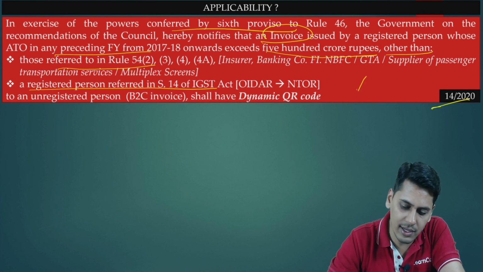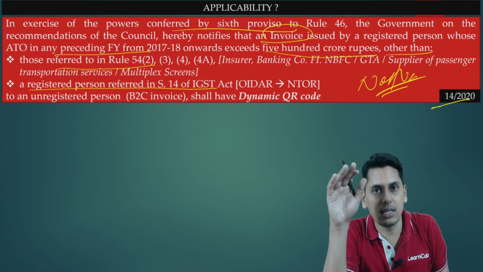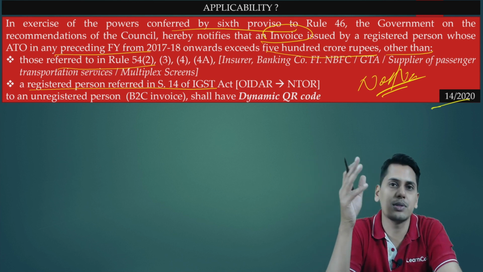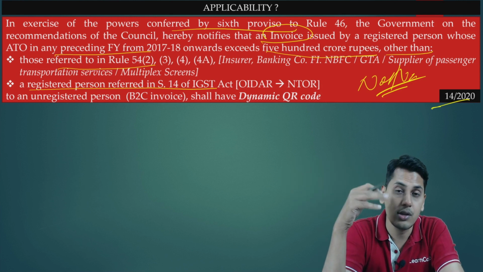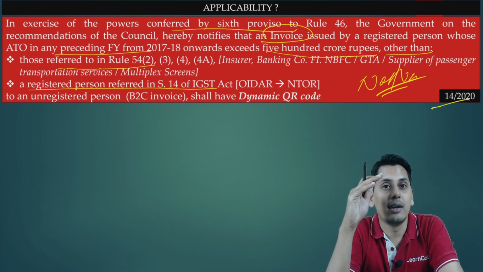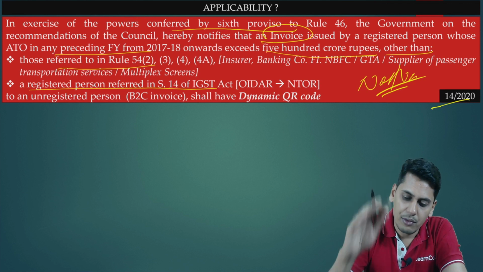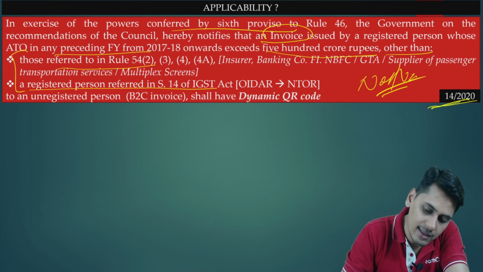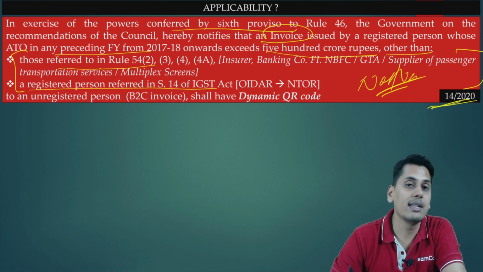The example we had seen, let's say the example of Netflix. Netflix is an OIDR service provider who is located in non-taxable territory, and let's suppose you have subscribed to Netflix as a non-business account, as an end user for your personal use. So you are a non-taxable online recipient. So in this case, for the invoice issued by Netflix, this notification is not going to apply, because these are the excluded class of registered persons. So now friends, let's read it again.